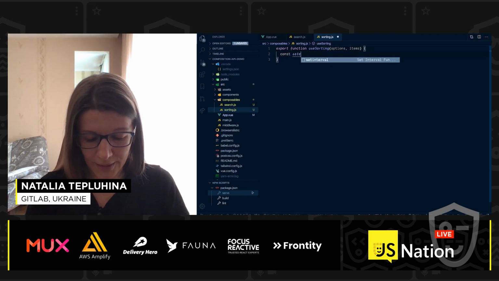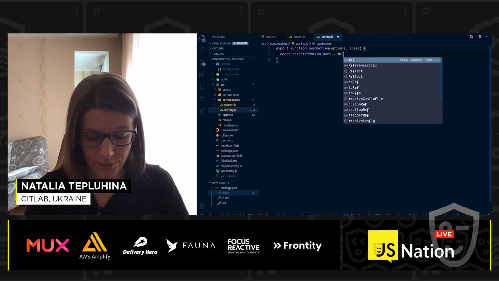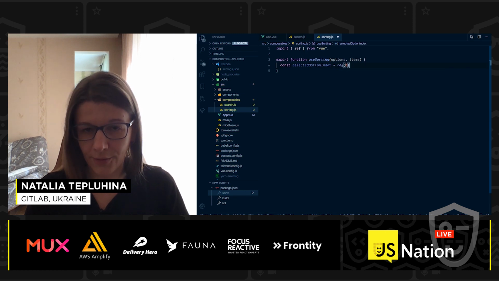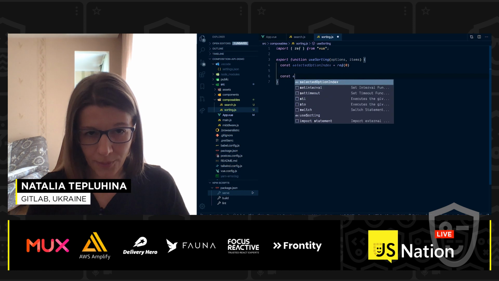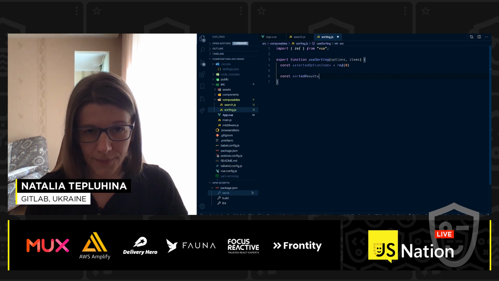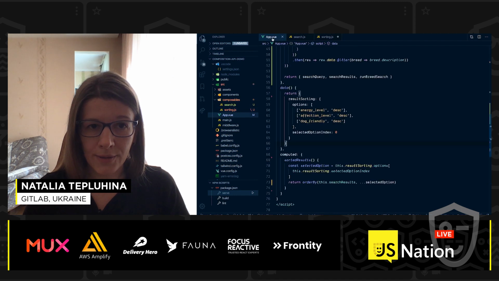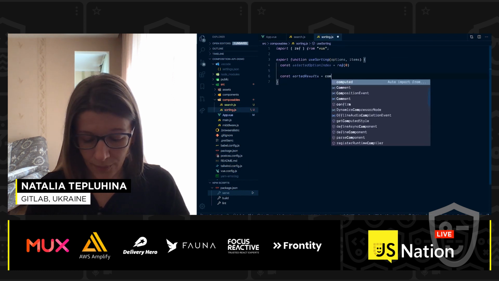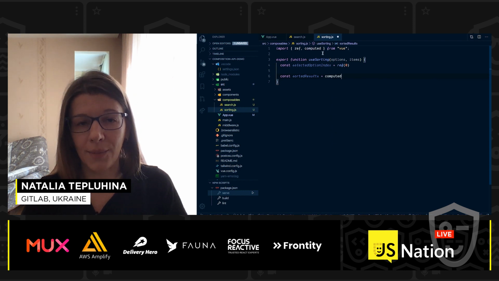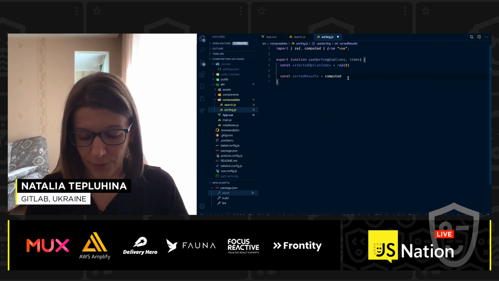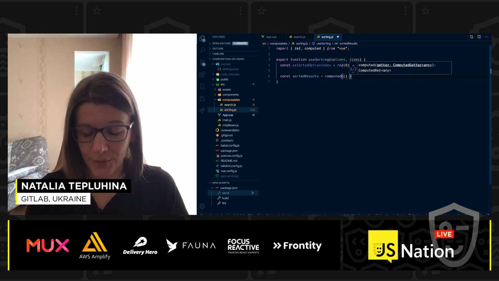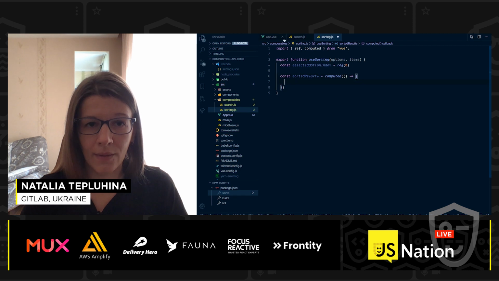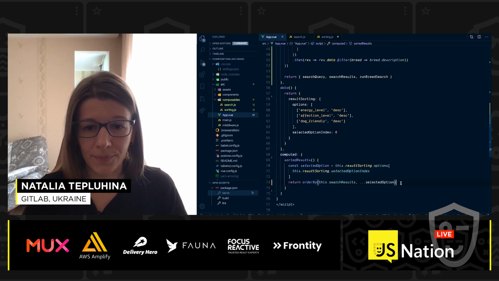And we need to create selected option index, which is a reactive property with a default value of 0. And we need our sorted results. As you can see, sorted results are computed properties, which means they will be recalculated if their reactive dependency change. We can use computed in the composition API as well. We just need to import them from Vue. And in this case, computed will accept a callback. I will copy paste the logic from here